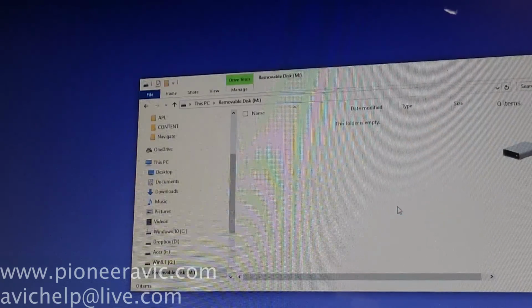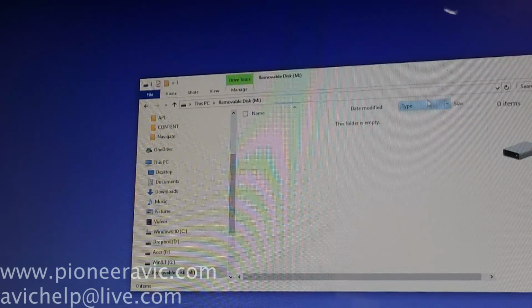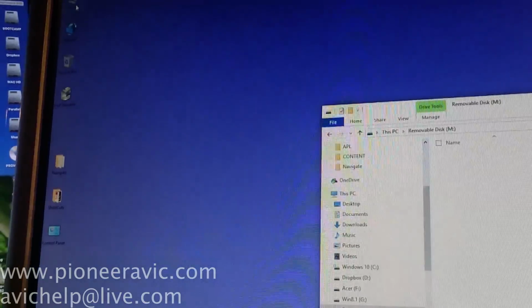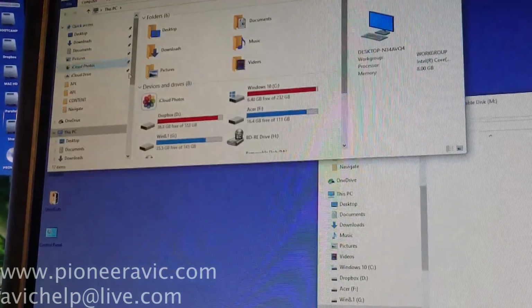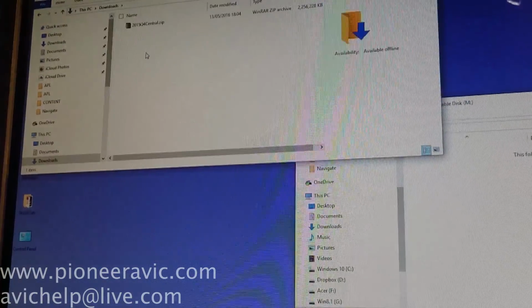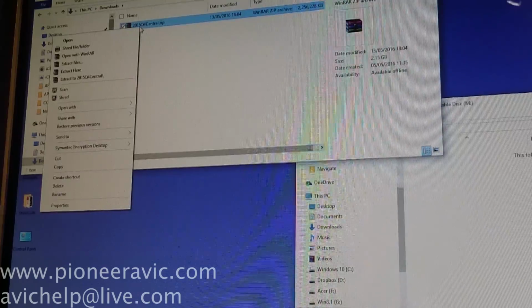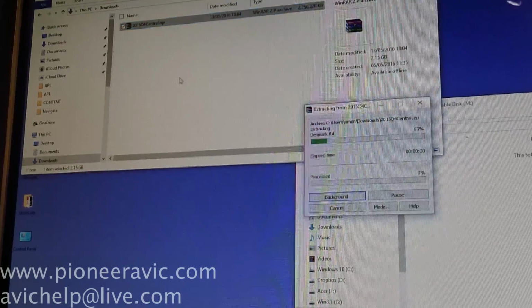You need to open that up in Explorer, and then you need to open up the other window. So what we now need to do is go to This PC up the top. You go into Downloads, and there's your zip file. If you right click on that and you go Extract here,